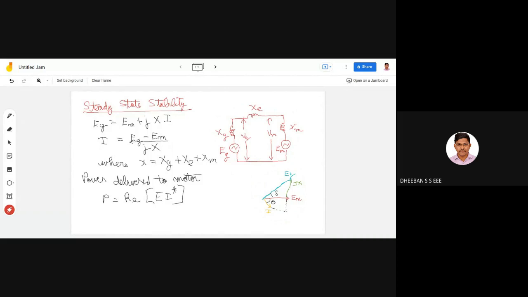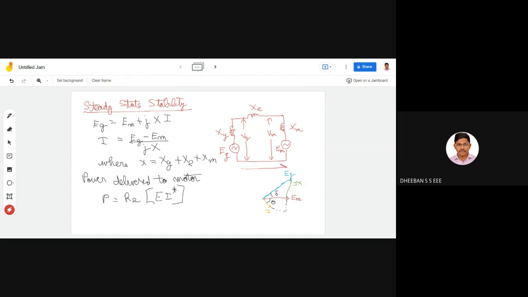The excitation EMF produced by this synchronous generator is drawn in this phasor diagram. This blue color line, EG, is nothing but the excitation from the generator, and this IX is nothing but the drop